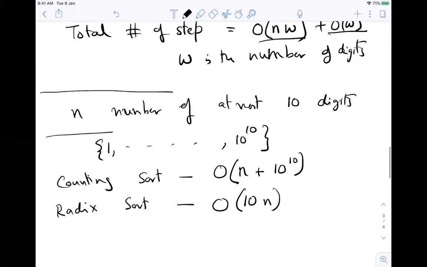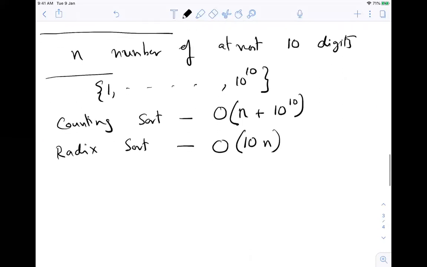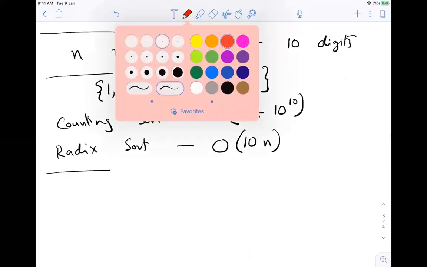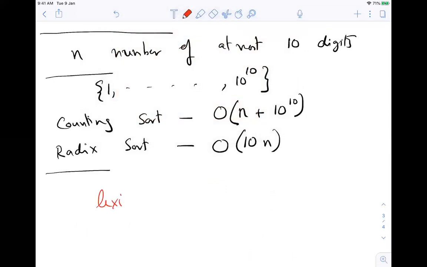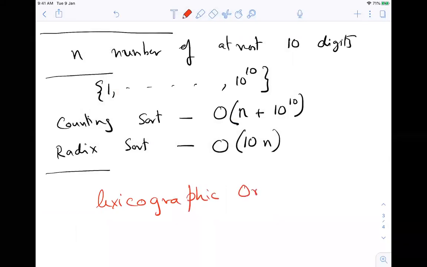So this is radix sort. This is possibly the most obvious sorting algorithm for any numbers or anything when there is a concept of what we call lexicographic ordering. I don't know whether you have heard of this name before. Have you heard of it earlier? Yes, sir. Very good. If you have lexicographic ordering, then this radix sort will do a great job.